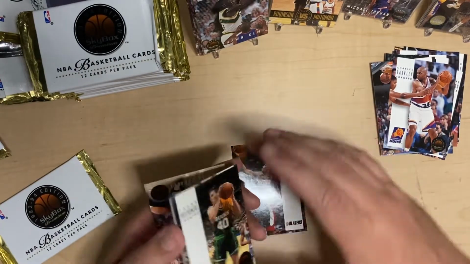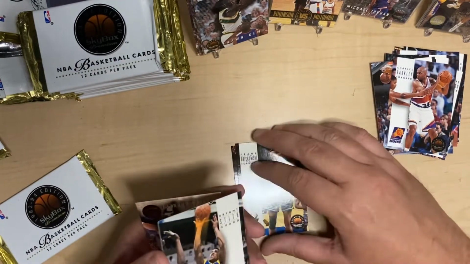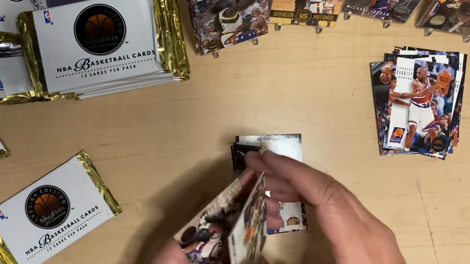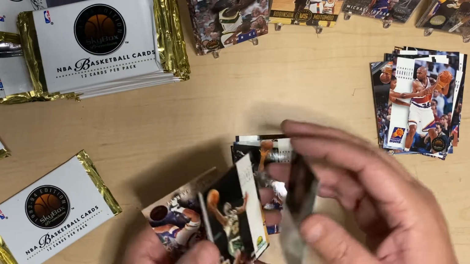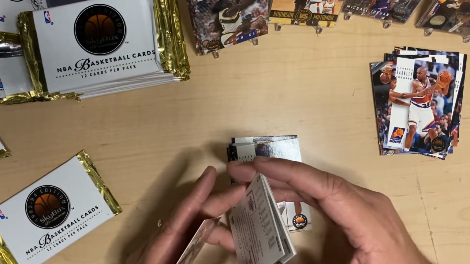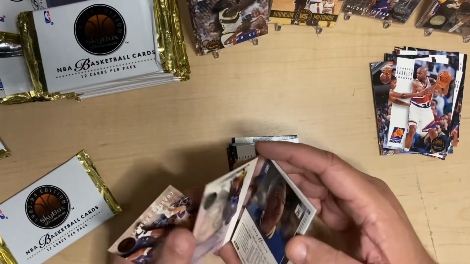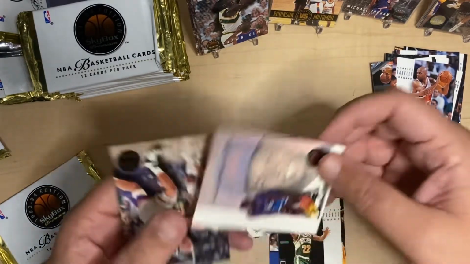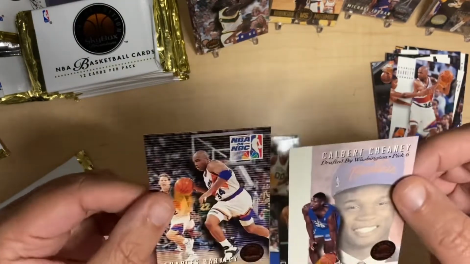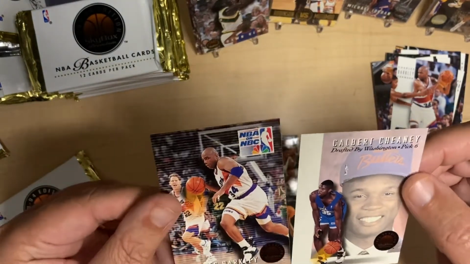Oh, stuck. Man, I gotta be careful with these. Robert Parrish, Brian Stith. Oh, please don't have something really, really good here that's gonna get ruined. All right, so I'll go to the back here and we'll show you. Here's our draft pick one. I think I actually have that one. I was hoping to get some new ones, but we got Calvert Cheney and we got our NBA on NBC,